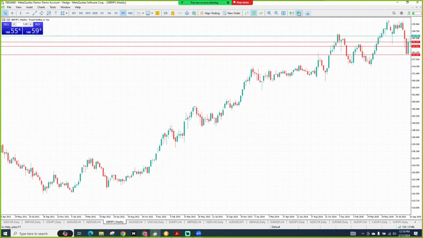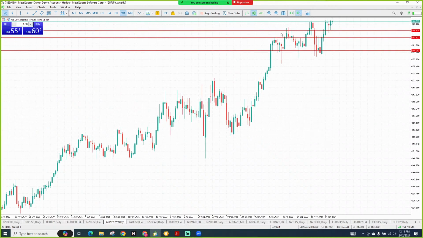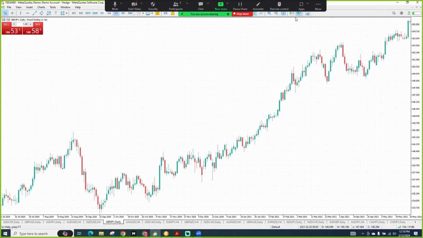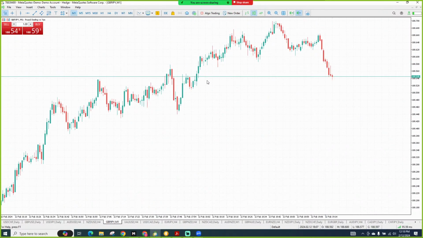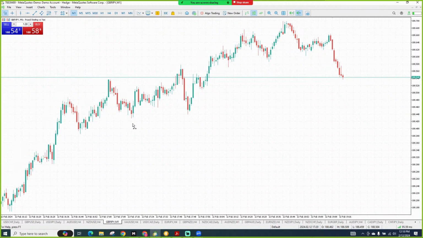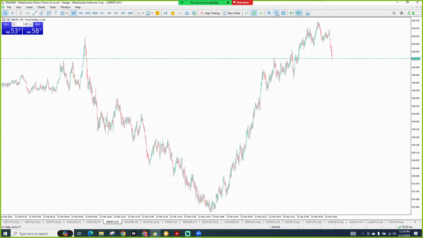So I think the buyers are still in control, but there's no good entry opportunity for the market right now. So you might want to come down to 1 minute and check for opportunities in 1 minute. You see, this might be a very important point in the market. So at this juncture, you might want to lower it down and see how that works, because if this is a support line,